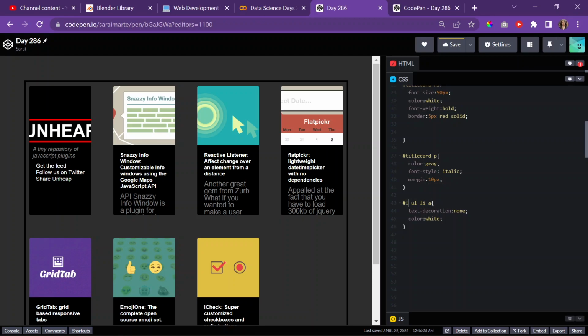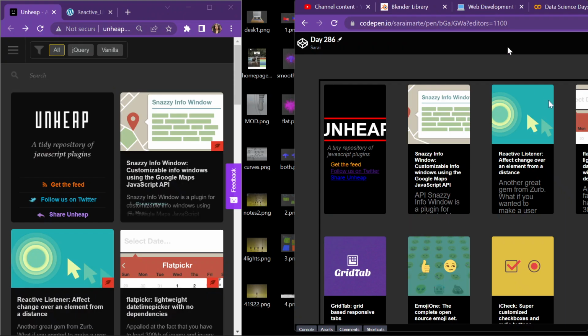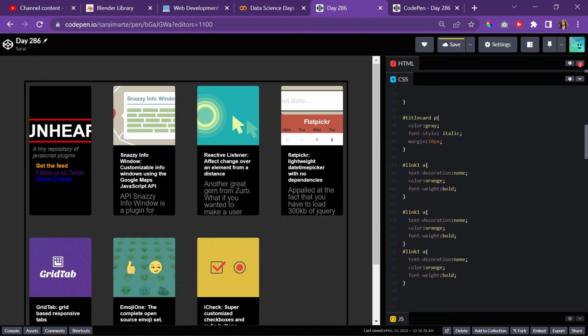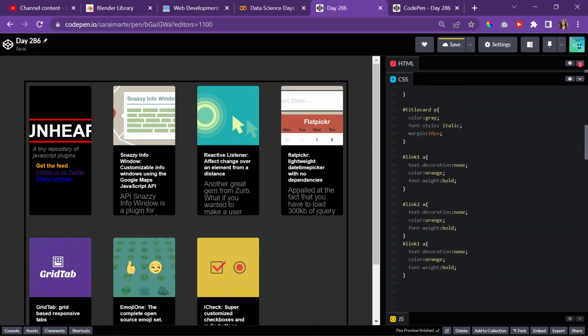So, link 1, and we can just do orange. Okay, and it's bold, so let's do font weight bold. Okay, now copy,